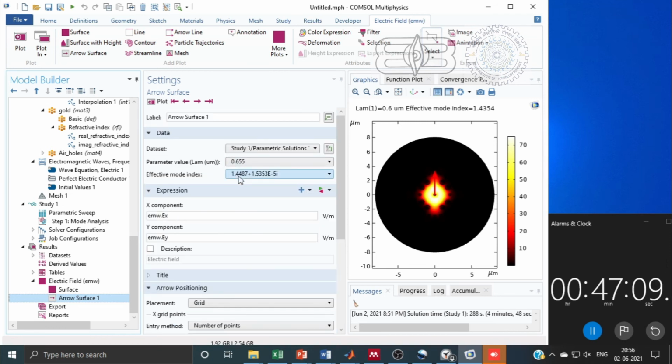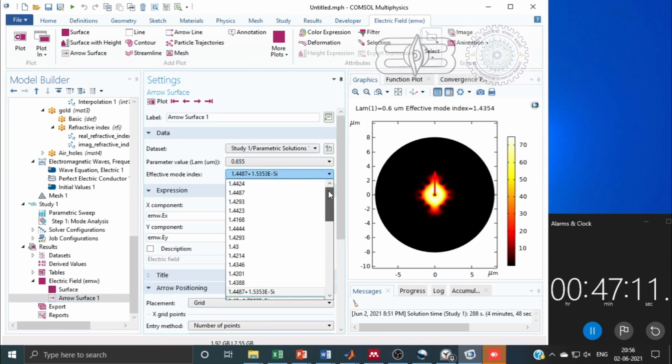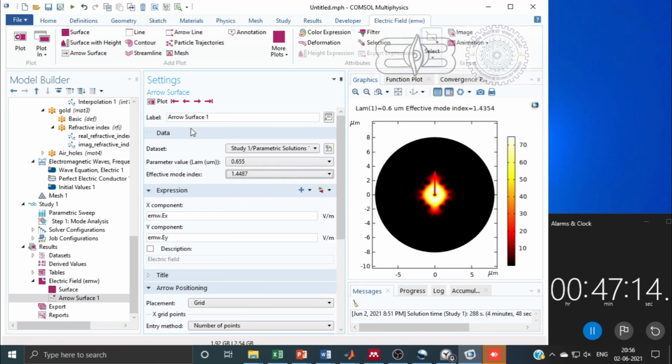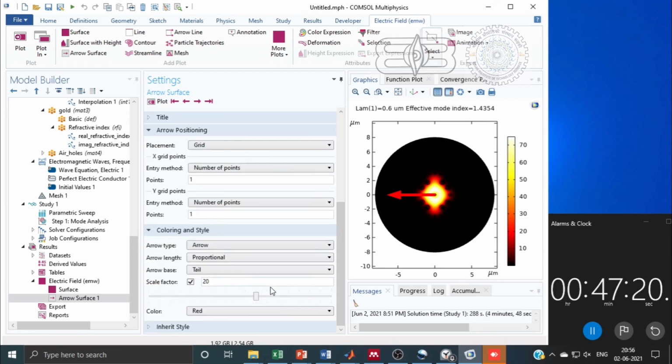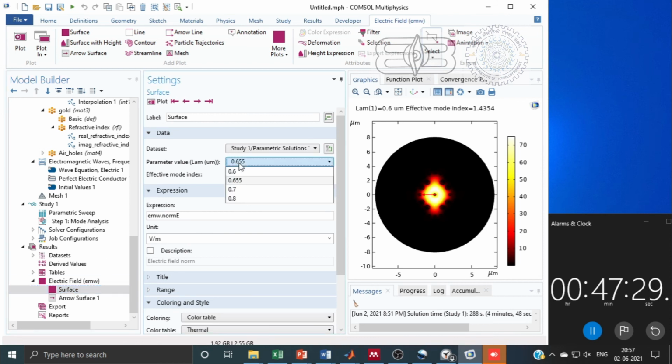Similarly, this is our X polarized fundamental mode. We can see the arrow direction,